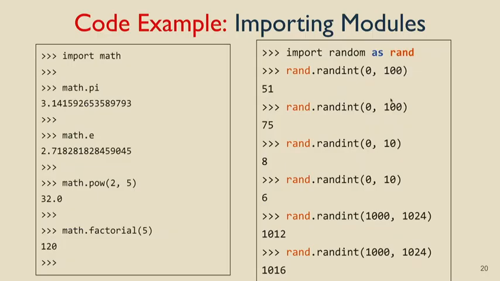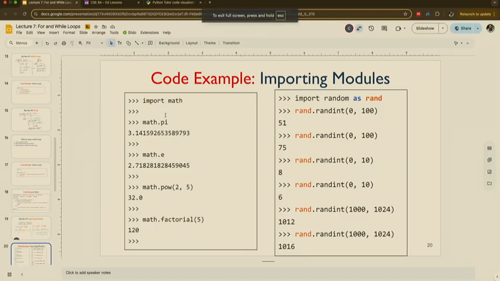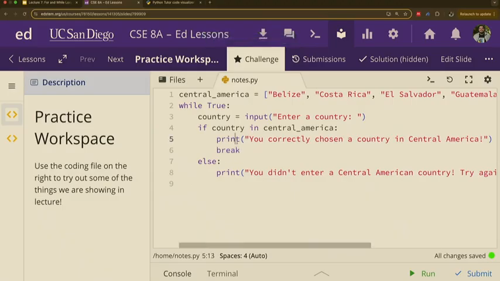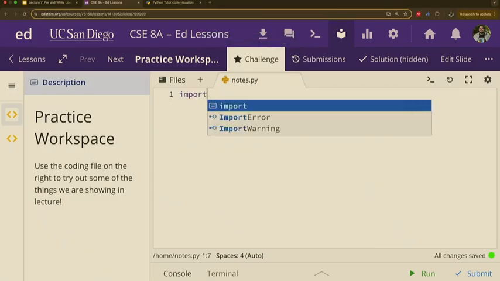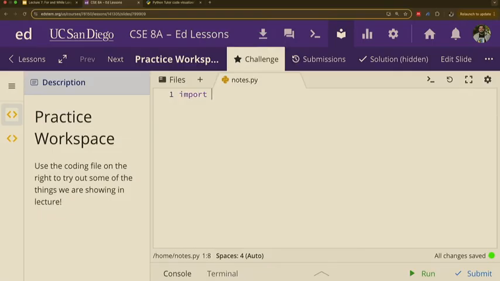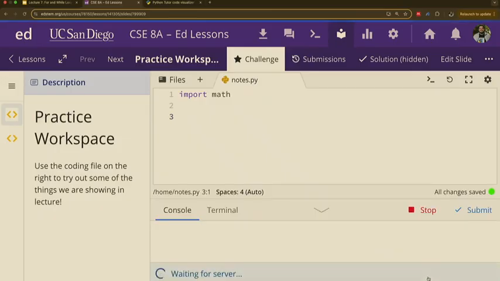Here's just a couple things that it looks like, right? So when we import a module, we have to actually say import that thing. Import is another one of those keywords. So as soon as Python sees that, it says, I'm about to bring in 1,000 or 1,000,000 lines of code. Or it could be one line of code. I don't know. But I'm going to import it. Let's import math for now. When we run it, all good. No errors.